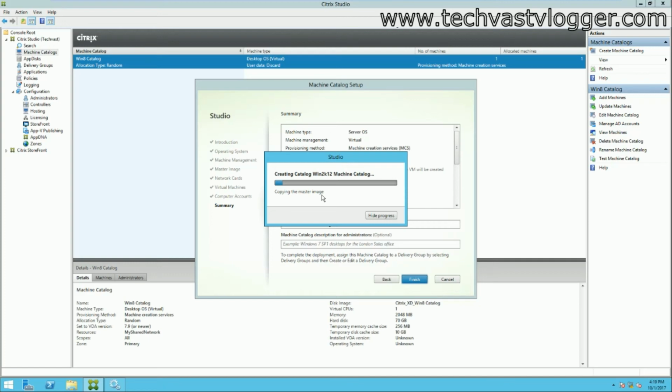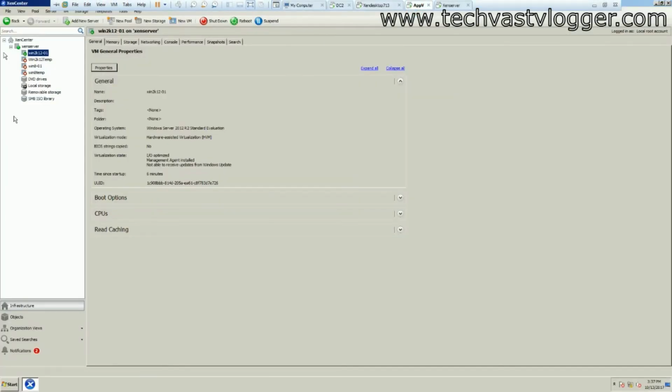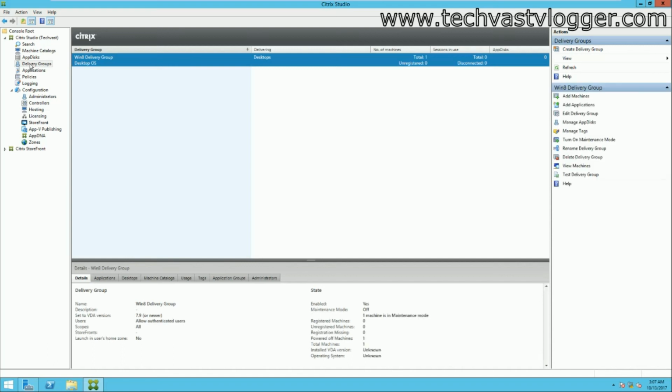As soon as my catalog is created, I will be back. And we are back. As you can see, my Windows 2K12 machine catalog has been created successfully. If I jump over to my Studio, that's the machine which I have created just now. So let's quickly jump over to the delivery group and create a new delivery group for this Windows 2K12 machine